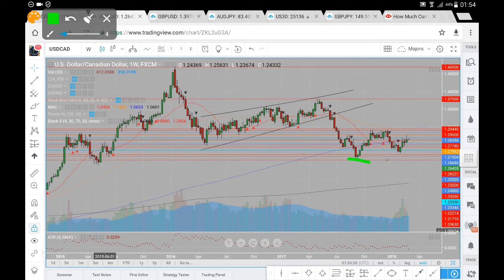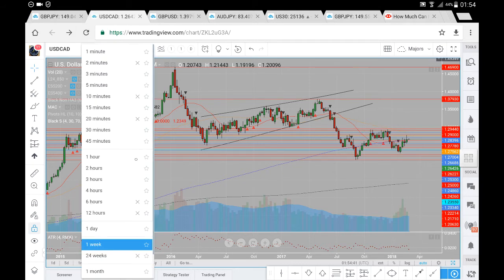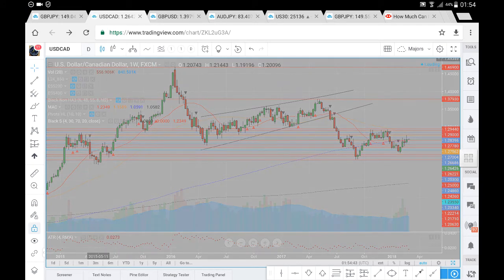Overall, just to highlight, got a low there, higher low, going to be a period of consolidation. So we'll see how price reacts around this level, whether we find resistance around the 129 level, or we have sufficient momentum to break above the 129. So if we head over to the daily time frame,